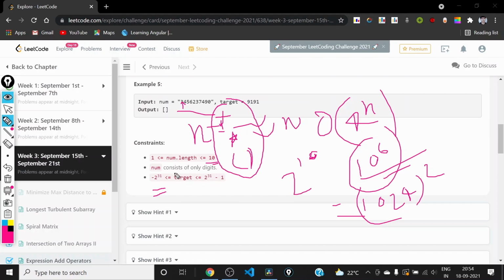So we need to be careful while writing the solution, because we should use long int. While computing the target value, like while computing the sum of the expression, it may be possible that we encounter overflowing of the integer data type. So we need to be careful about writing the solution. So we have to use long data type for this solution. Now we can understand how we'll be implementing this solution.